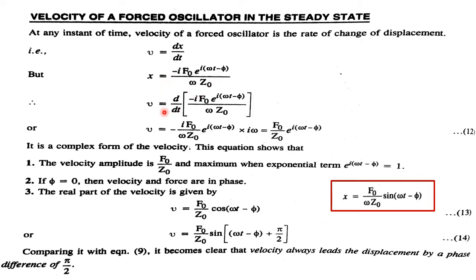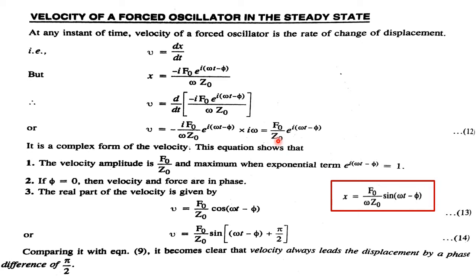All right, now differentiate it because it is the displacement. When we differentiate it, we'll get the value of velocity. Rate of change of displacement naturally will give you the value of velocity. When we differentiate it, you can see here minus i f naught by omega z naught is the constant quantity. We will differentiate only the exponential function. In the exponential function, t is the variable, whereas this factor is the constant quantity. When we differentiate the exponential, it will be the same, multiplied by the differentiation of its power. That means it will be i omega. When I multiply i with i, it will give you i square, and i square is always minus 1. That means minus minus will be plus.